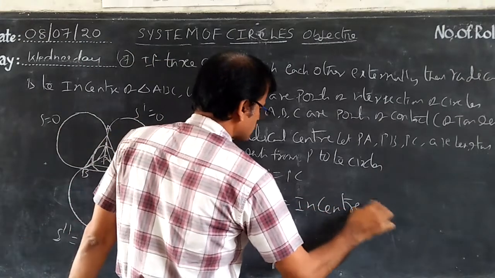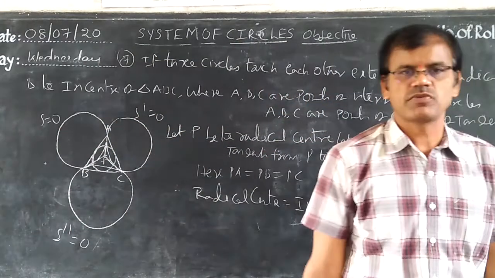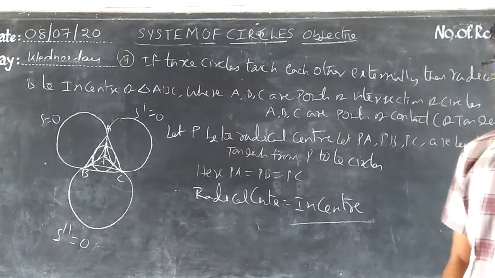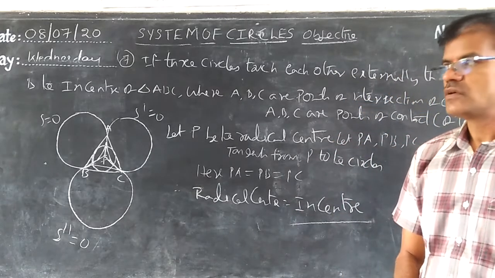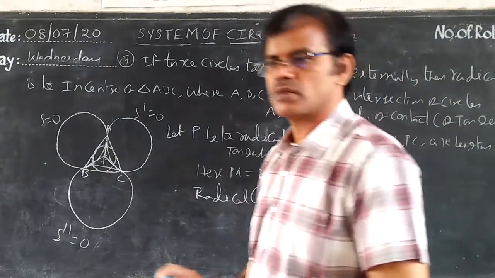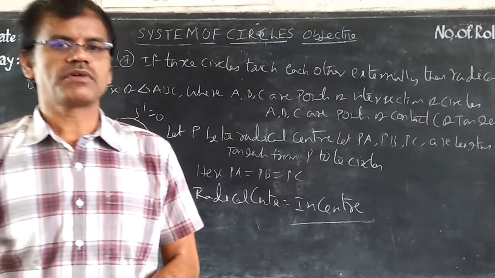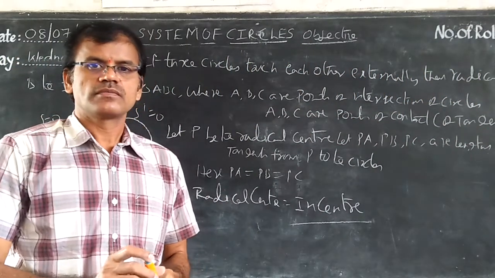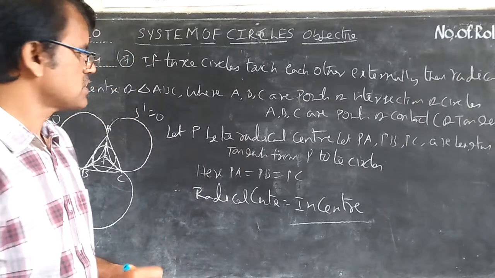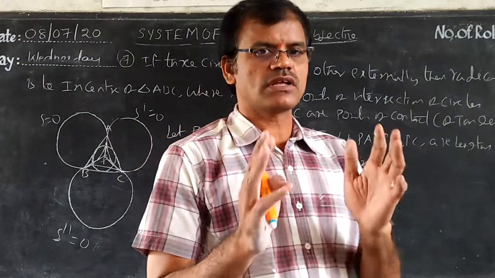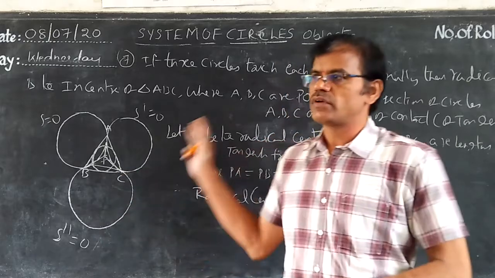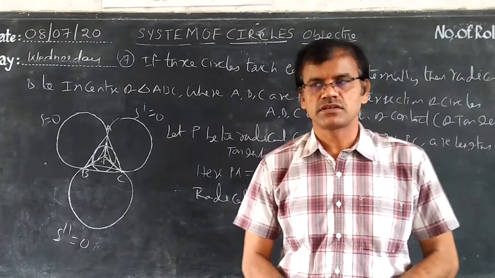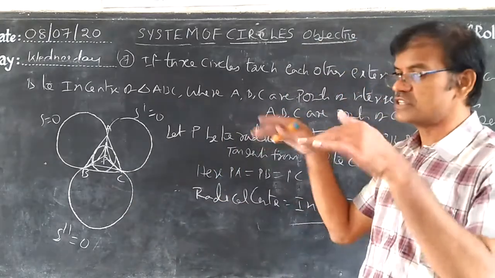Here we learnt three cases. First, if the circles have the sides of triangle ABC as diameters, so AB is the diameter of the first circle, BC of the second, and AC of the third, then the radical center is the orthocenter. Whenever the three circles intersect orthogonally, the radical center is the orthocenter. And whenever the three circles touch each other externally, the radical center is the incenter.